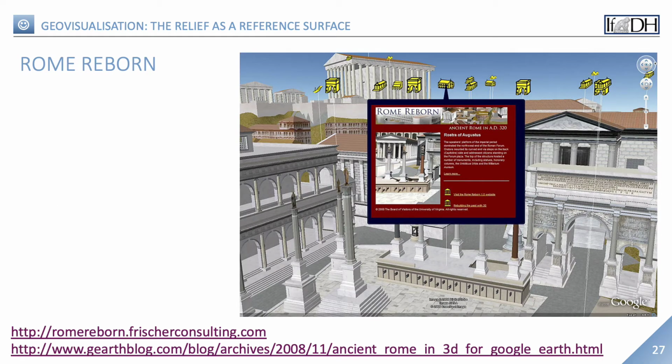With the corresponding symbols, the time-relatedness of which can also be debated, the city model of ancient Rome in Rome Reborn has been provided with information in pop-up windows where the archaeological basis for the model is documented. As you can already see, the visualization of historical or even current spatial references benefits greatly from the digital possibilities of incorporating geoinformation. When I was a student, you had to gather this information from various books and journal articles,